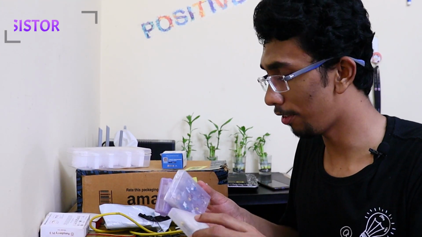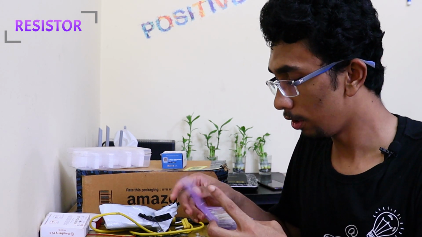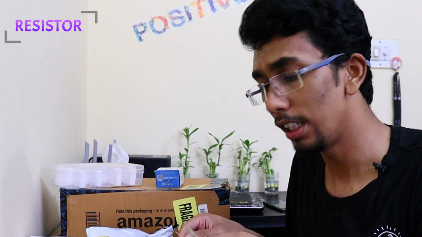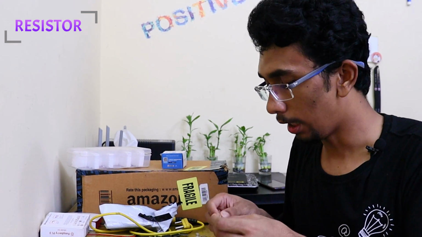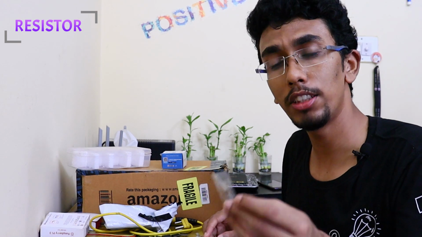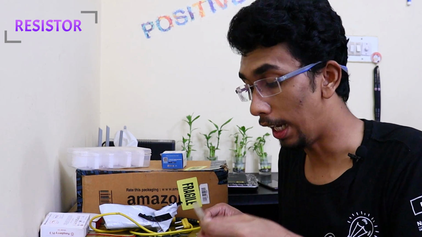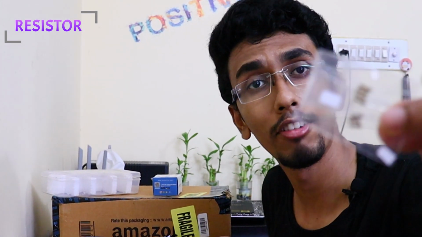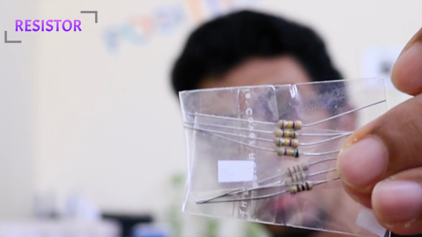Yes, I have lots of resistors. For the beginners, resistors are the devices which are used to limit the value of current, and you might have heard of current and voltage in your daily life and you come across them. So these are the devices which are used to limit the current. They have different values of ohms and you can identify them just by using color codes, which even I don't remember now. So these are the transistor codes.